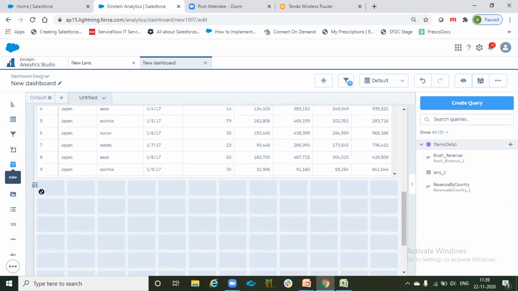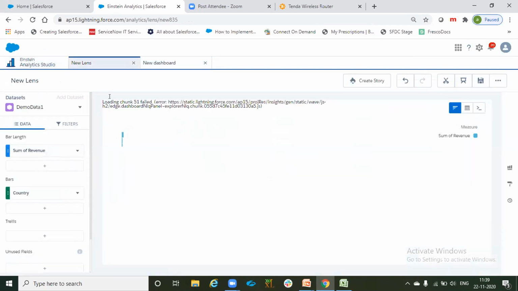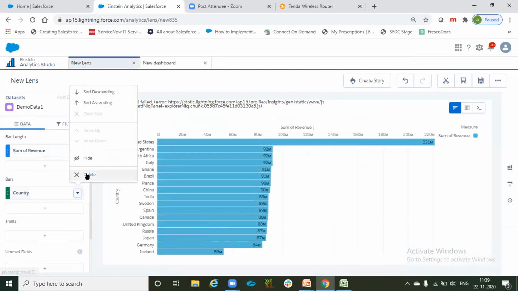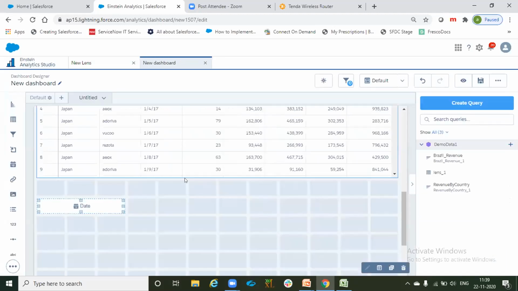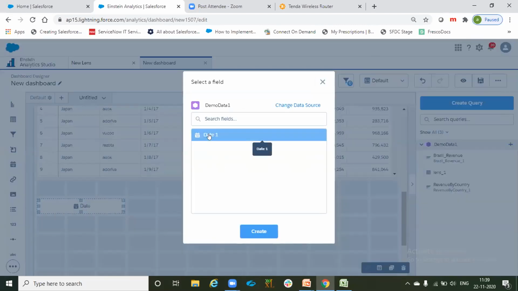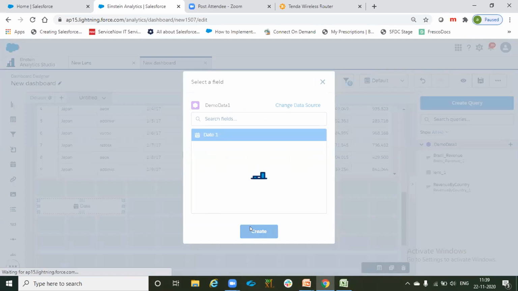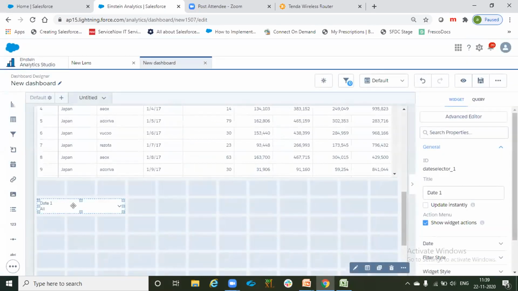The next one is our date widget. Date widget itself says when we do have a date in our data set, we can showcase it in this widget. So if I create a lens here, we have seen there is one other way to create a lens over the dashboard directly. So when I pull this widget, I can click on this date. That's it. So now my date is created. I can change the label. So I can say only date here.